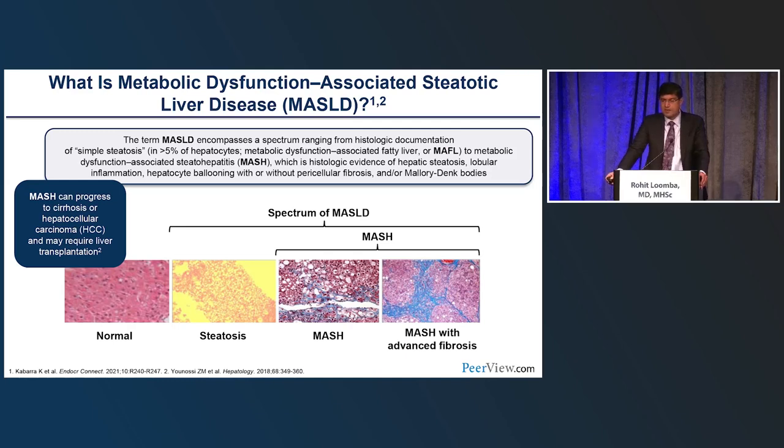What is metabolic dysfunction-associated steatotic liver disease? MASLD occurs in individuals who have at least 5% of hepatocytes or on imaging infiltrated with steatosis in individuals who consume little or no alcohol and have at least one metabolic risk factor. We see patients who have the progressive form called MASH with histology characterized by steatosis, as well as ballooning degeneration, inflammation, and chicken wire fibrosis, and that can lead to progressive liver disease leading to cirrhosis and hepatocellular carcinoma.